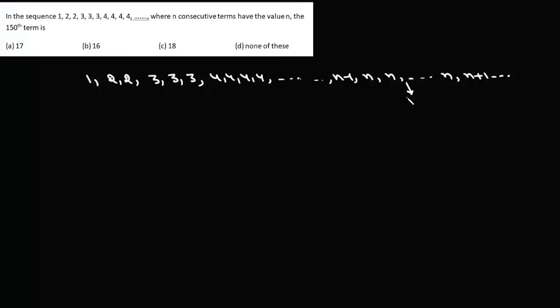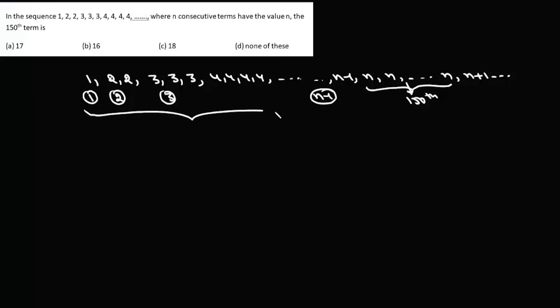And suppose the 150th term lies in this series of n, so we need to find the value of n. Here we have one term, here two terms, here three terms, and here we'll have n minus 1 terms. So the number of terms from 1 to n minus 1 will be simply